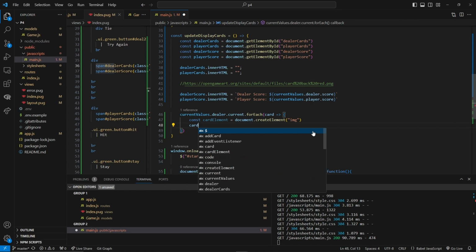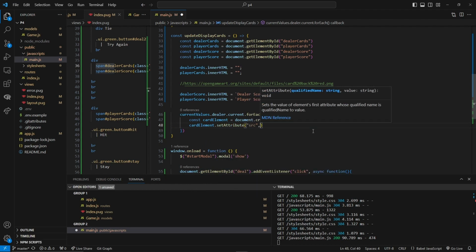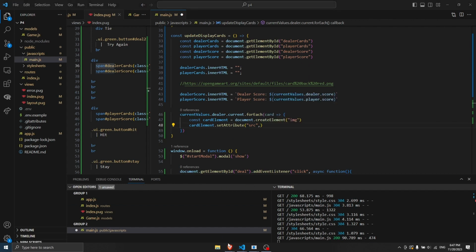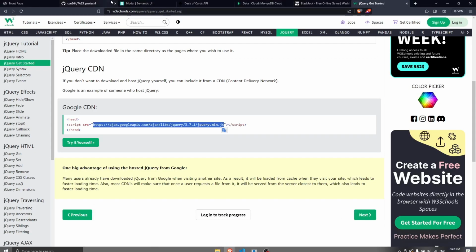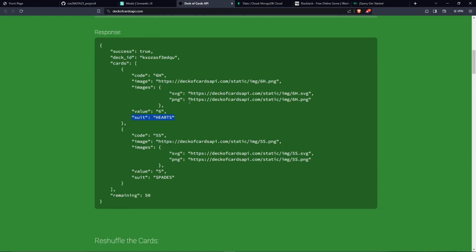So we have card element dot setAttribute, and then source, comma, and then we can go back to the API documentation,